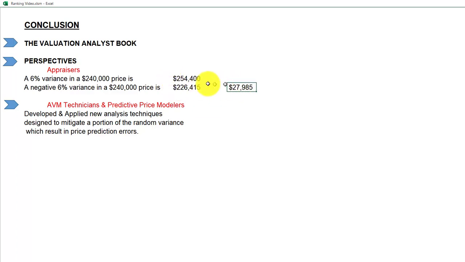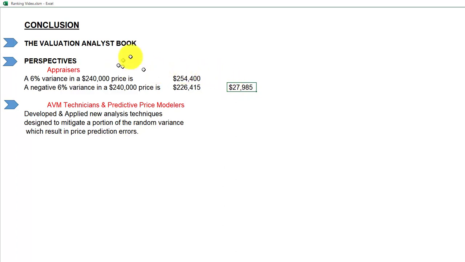There's a $27,000 difference. Now, if you're trying to do a paired sales with something like this, and a property just happened to sell low, and the next time it just happened to sell high, you've got a $27,000 margin. Now imagine if you're doing one paired sales, and that's your first paired sale, a sale of a property and a repeat sale of it, you're $27,000 off. Now, if you're trying to extract the value of a swimming pool, you're going to be off that amount of money.